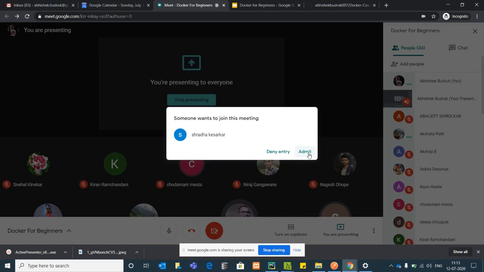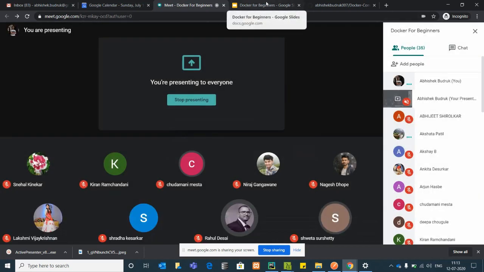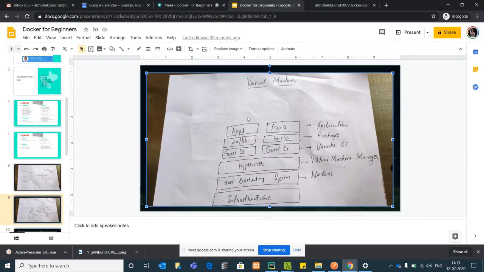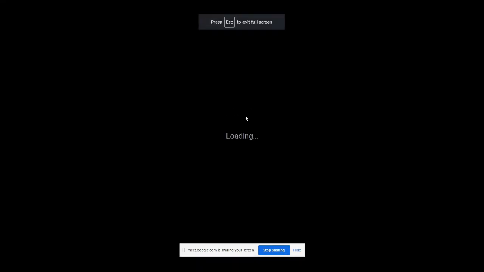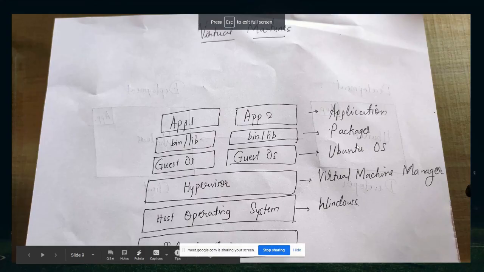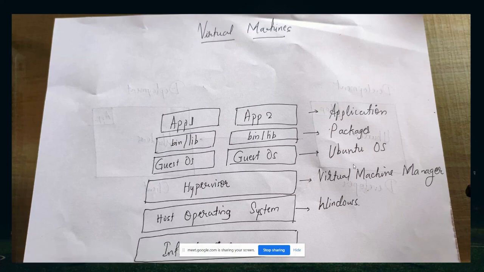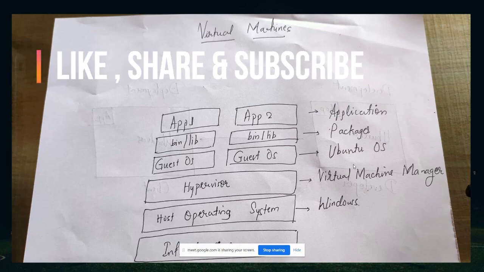The virtual machine software acts as an interface between your host operating system, that is Windows, and whichever application you want.